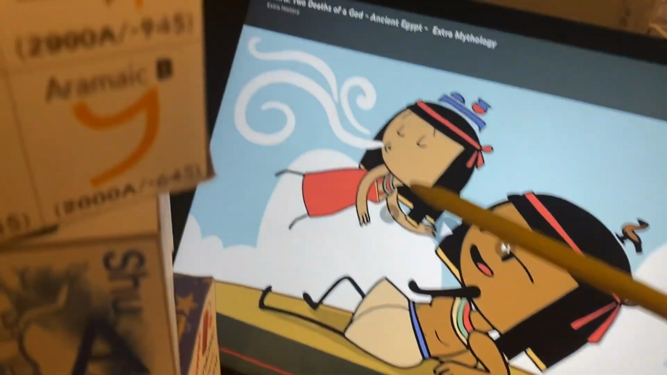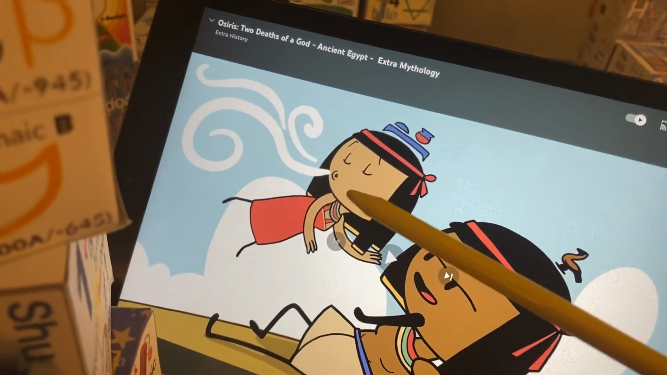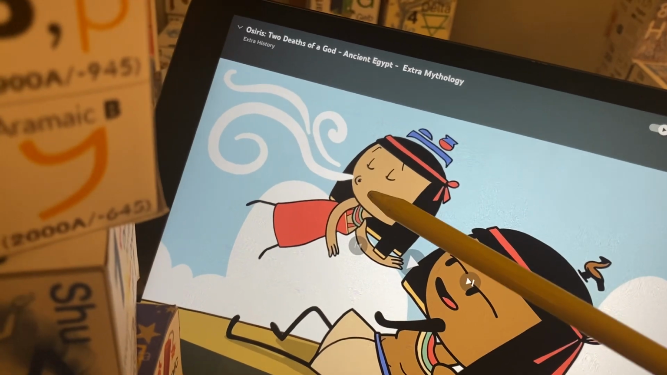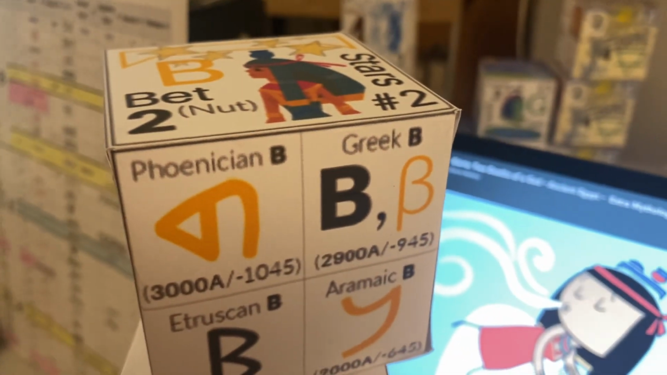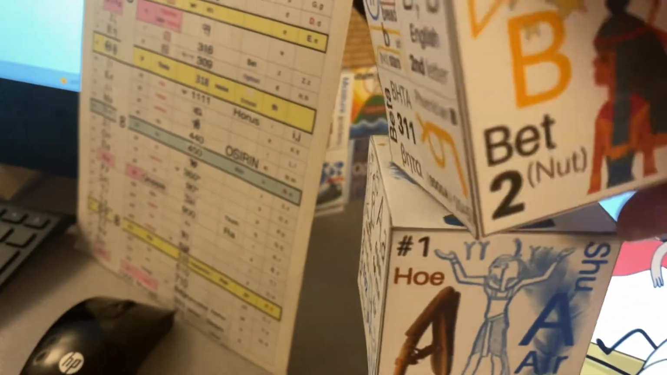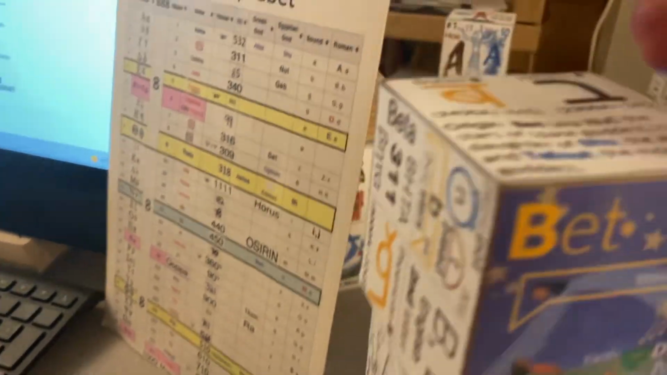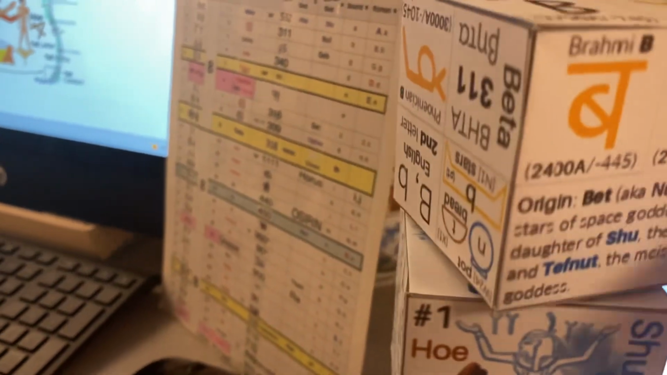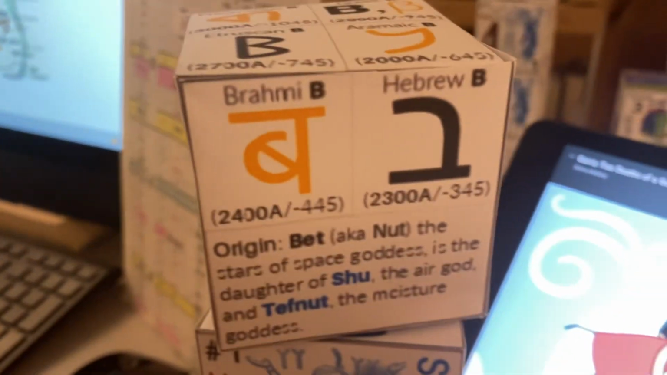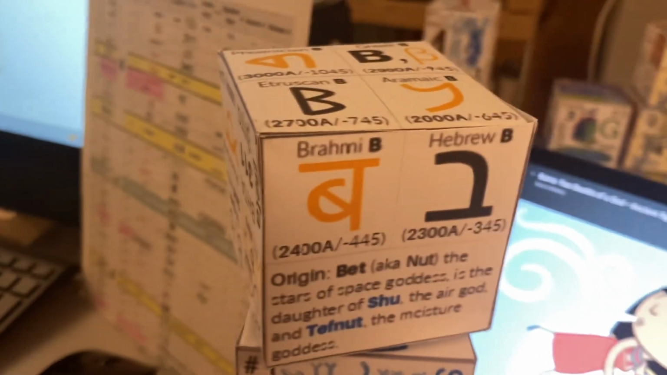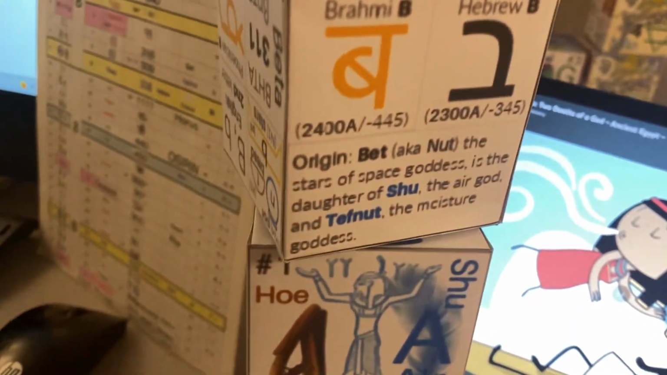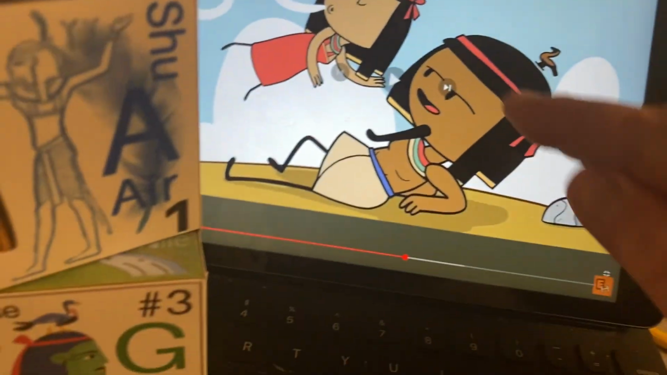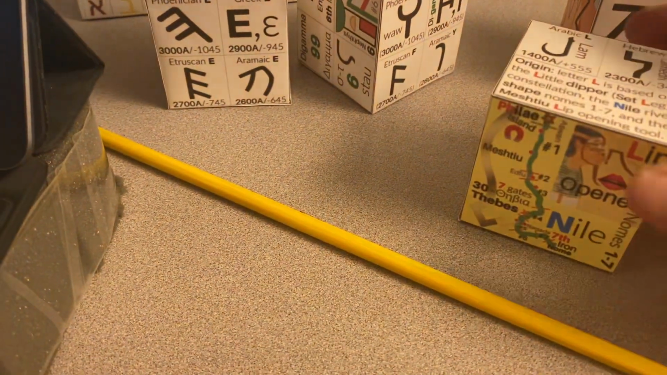So the real phonetic name now is Bet, which is called Beta in Greek, or in Hebrew, Beth, and a similar B sound in Sanskrit. Now to conclude with our letter A block,